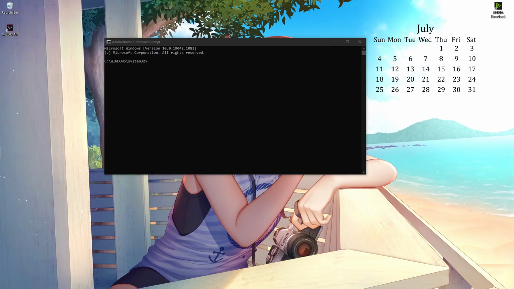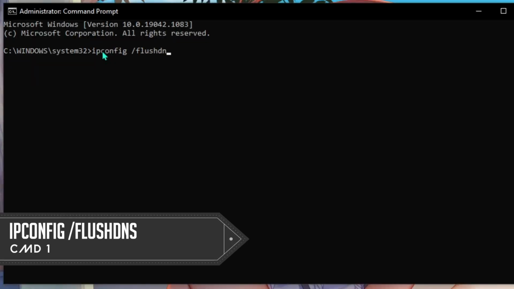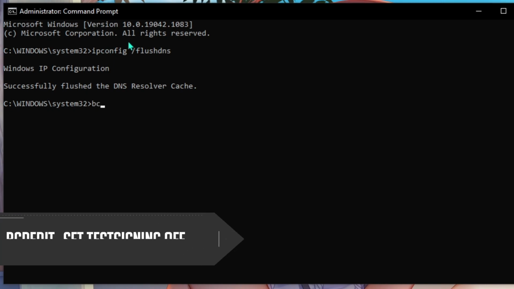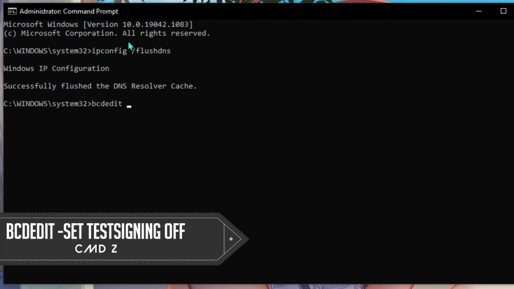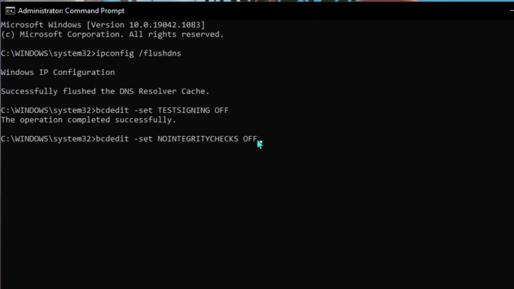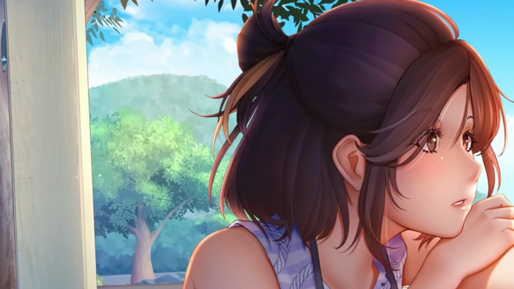Once you open up your Command Prompt, here are a few commands that you need to enter. First is ipconfig /flushdns. Once done with that, type in bcdedit -set TESTSIGNING off. Type in bcdedit /set nointegritychecks off and then close it. Then